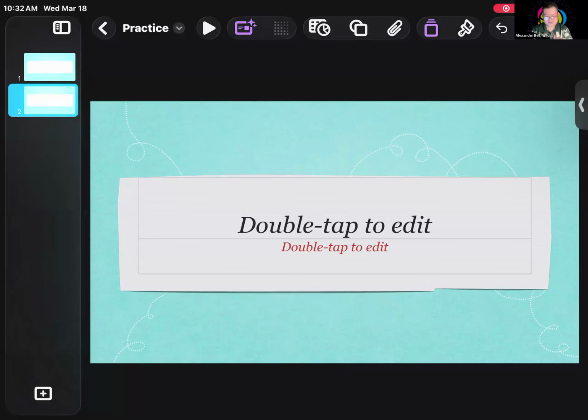So what is the next one after the shapes, that paper clip? What does that do? Attachment. Yes, Miss Louise, you're right on top of it. Yes, you can attach many different things. If I go into the paperclip icon,